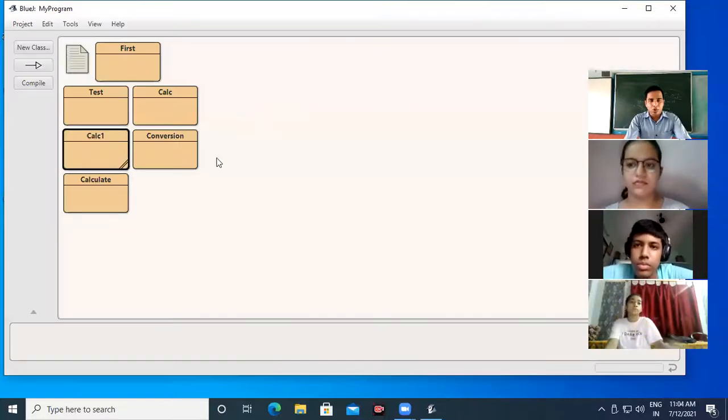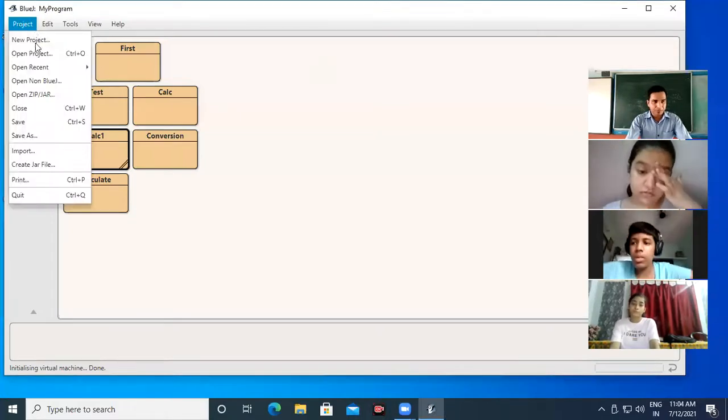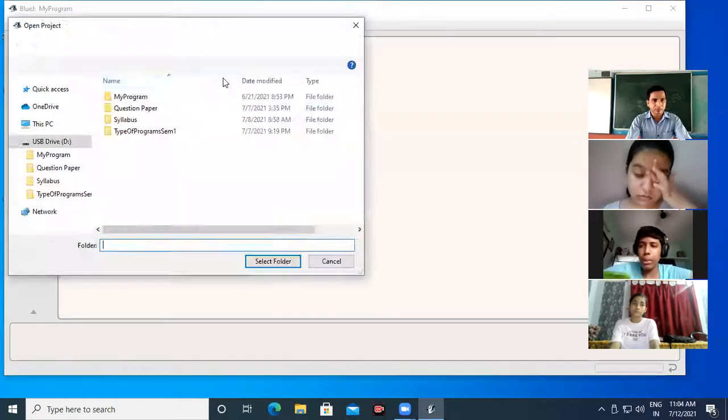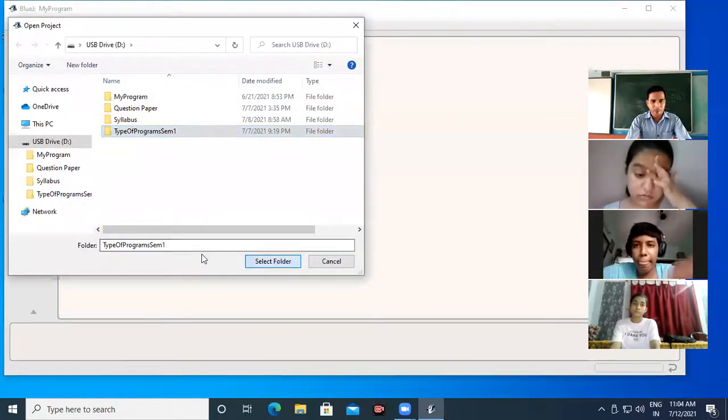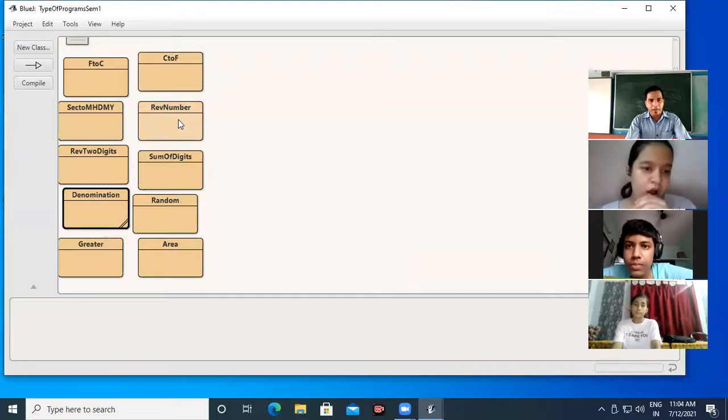So this is one of the categories that we are going to understand, that is how it is possible to reverse a number. So I am going to open the editor box.